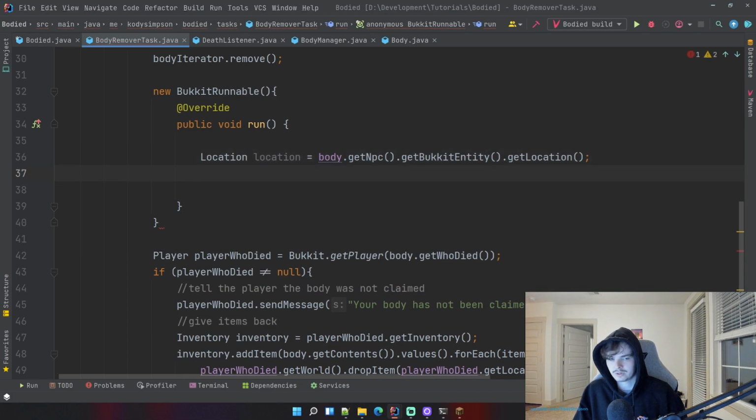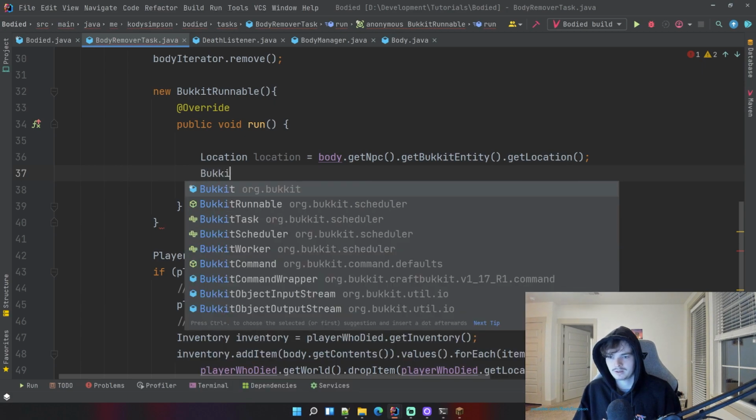And then you have to remember that because of the way that packets work, we have to send a new packet to each player on the server that's going to see this NPC, because if you don't, they're not going to see any change with the NPC. So we have to send an entity teleport packet to every player on the server so that they see the NPC moving on the server. So we do